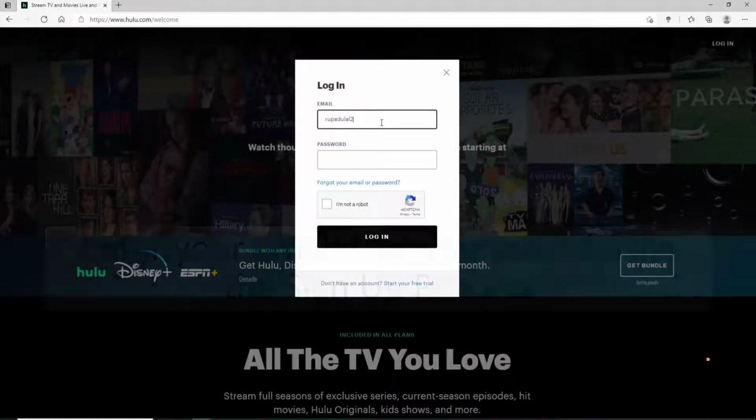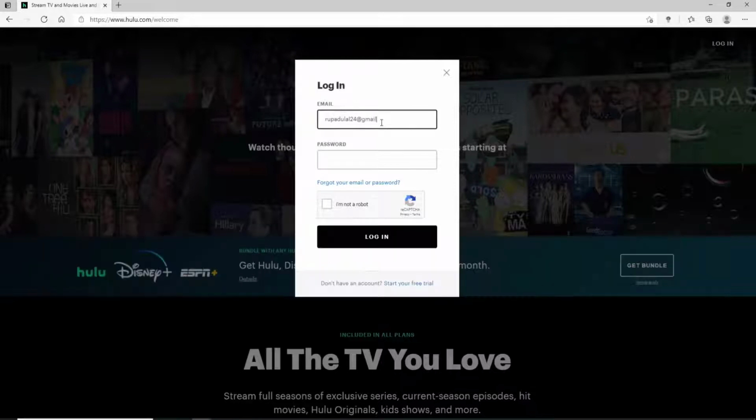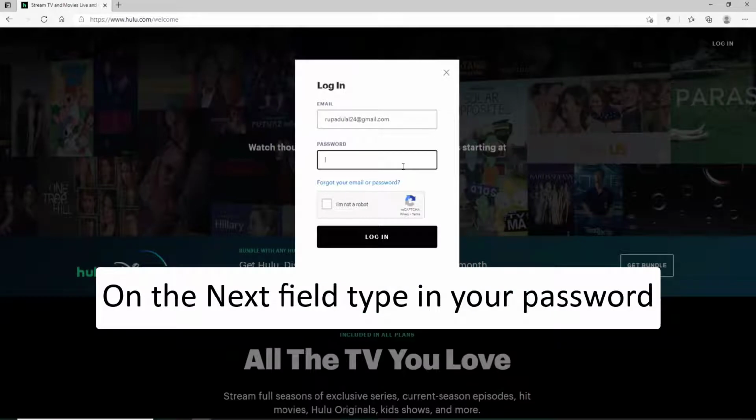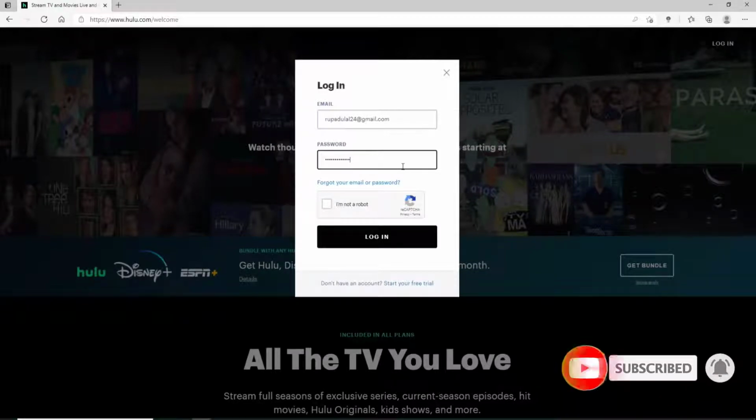Make sure to enter the email that you used during the sign-up process while creating the account, and once you do that, move on to the next field that says password, and type in your password for your account again. Make sure to type in the password that you created during the sign-up process,